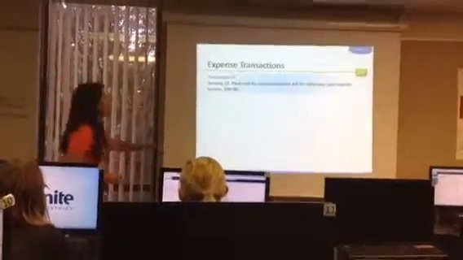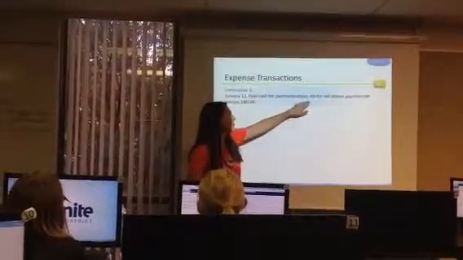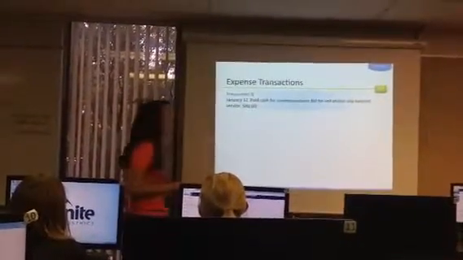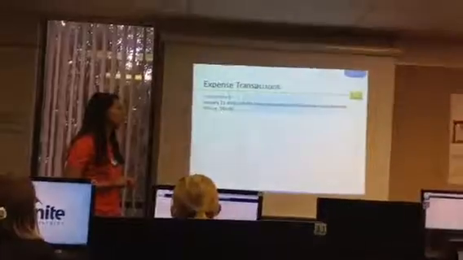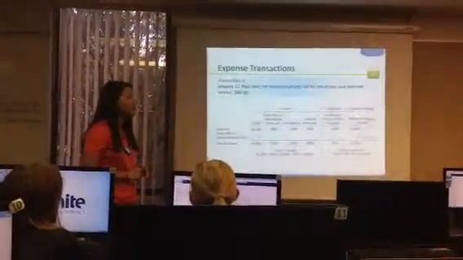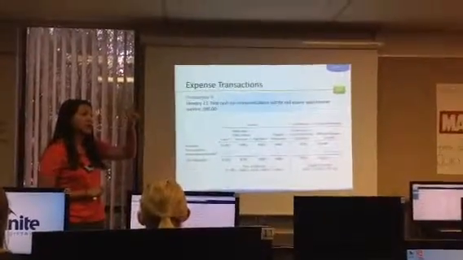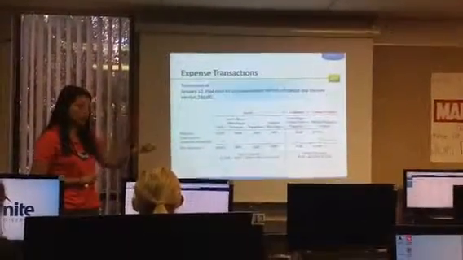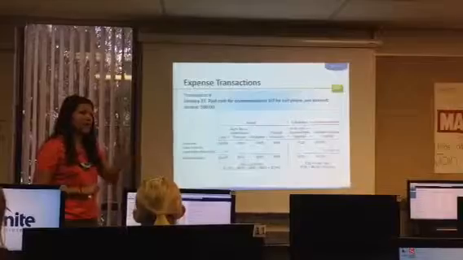Okay, so in this case, paid cash for a communications bill for cell phone and internet service, $80. So what happened? What two accounts? We paid cash. So what's happening? Lost cash. We lost cash. So we're going to just start over. We lost